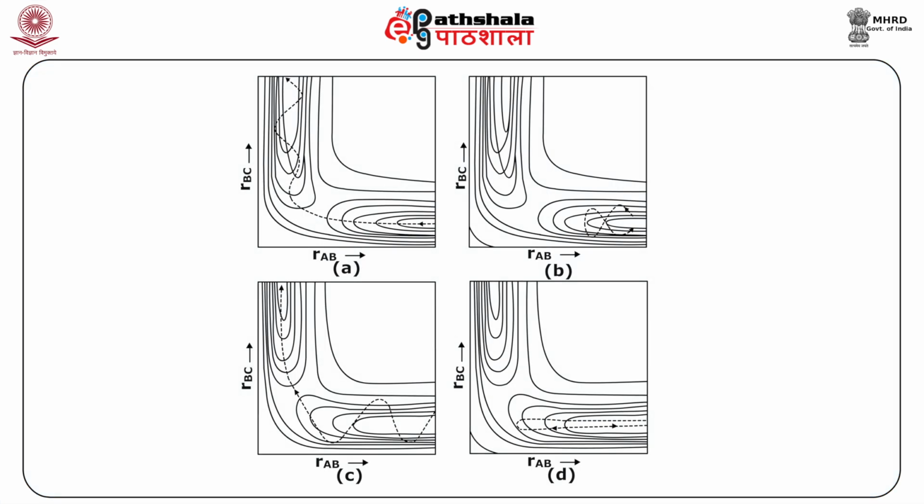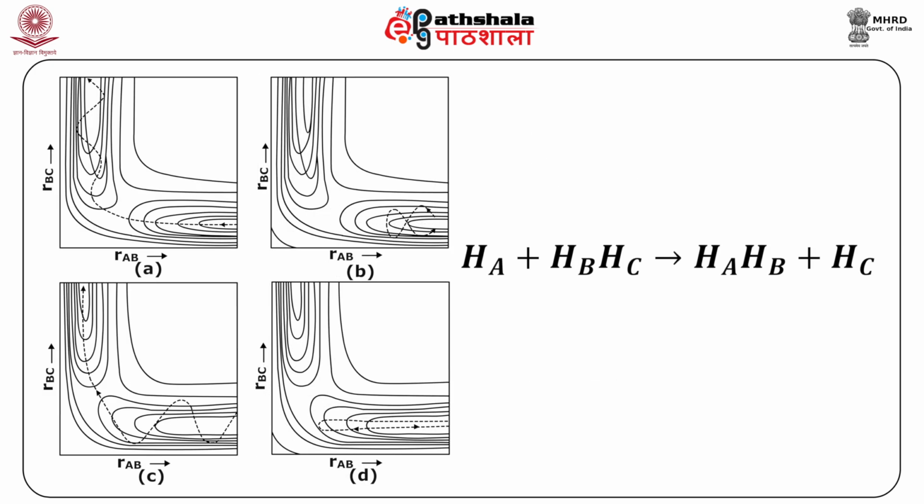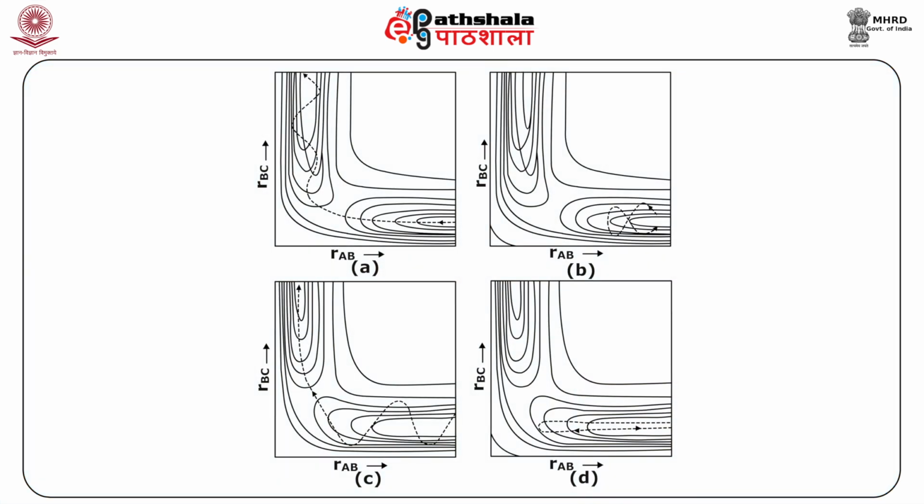Figure 3 shows a symmetrical potential energy diagram for the reaction HA plus HBHC giving HAHB plus HC. Though this is not usually true, the potential energy surface diagram actually indicates if translational motion or vibrational motion will be more effective in carrying out the reaction. It can be observed that the reaction starts at the right hand side of each diagram and continues from right to left. It is necessary to find out the difference between the potential energy surfaces with early barriers and late